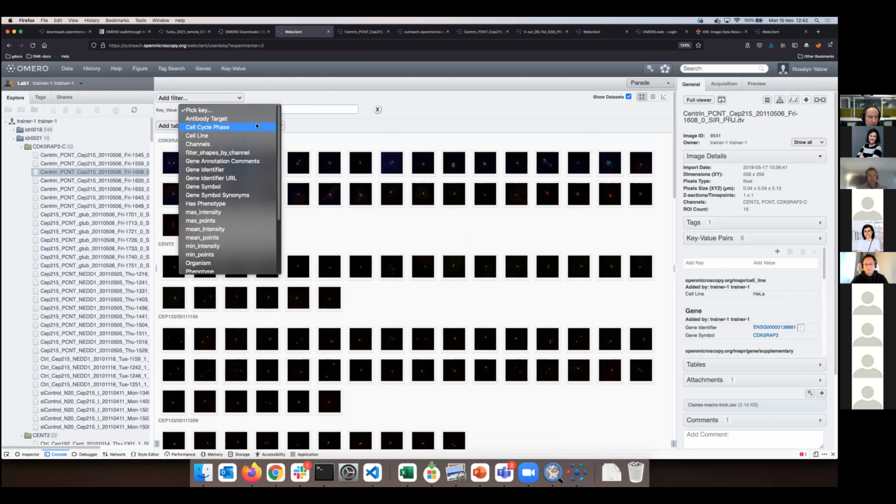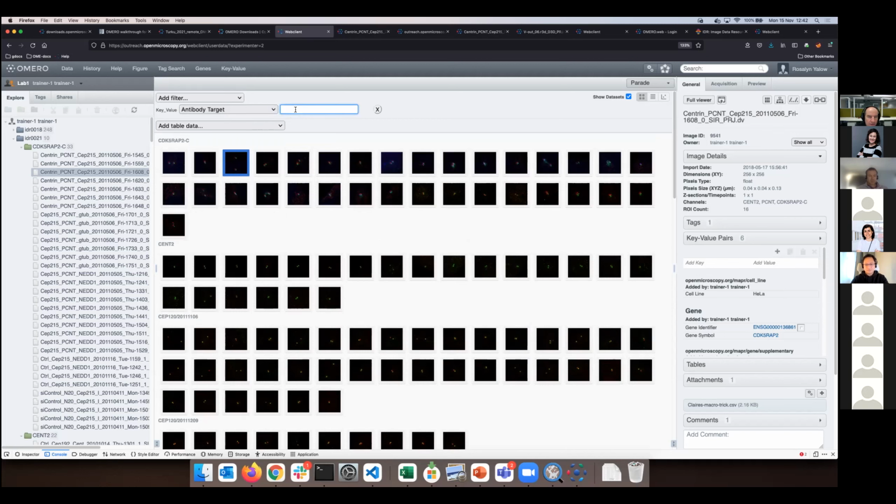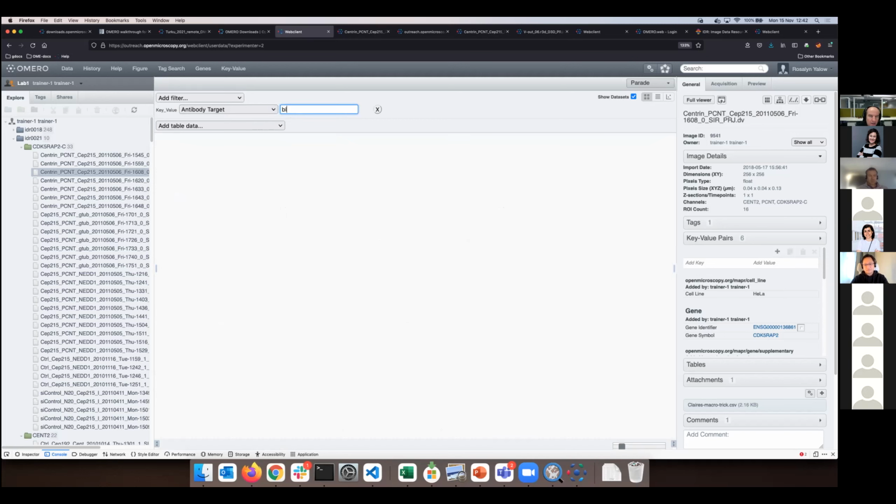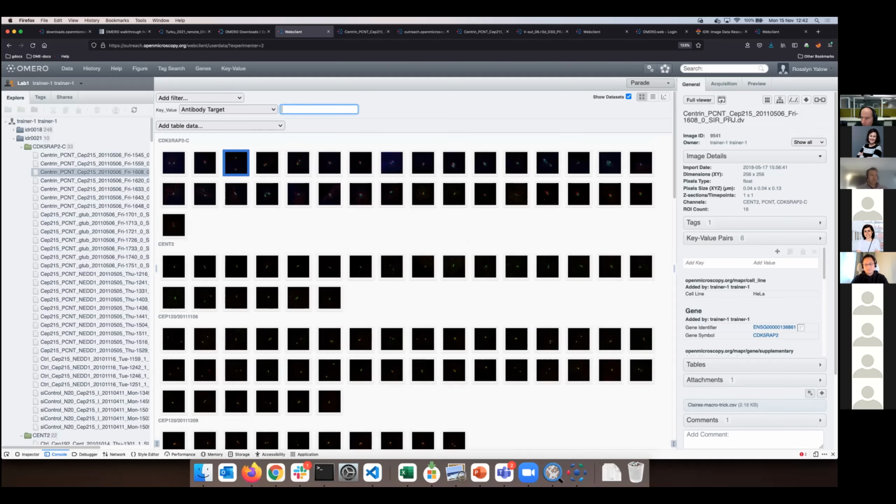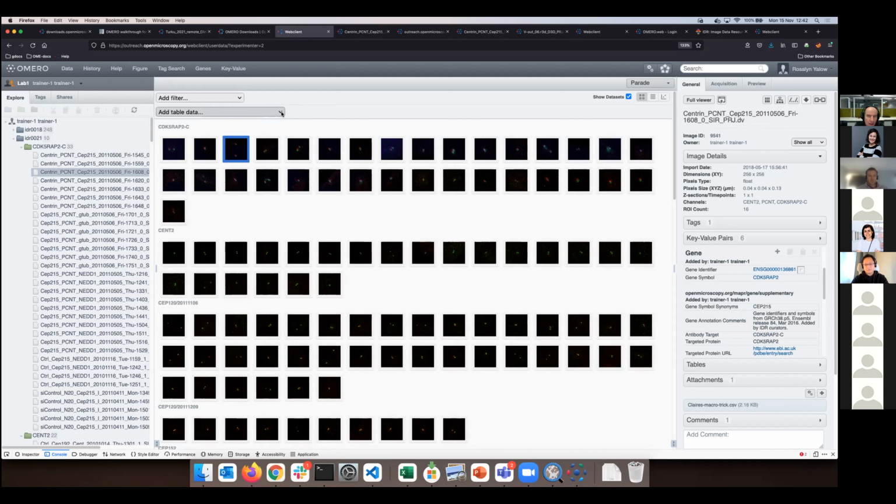Pick key, antibody target, blah, will filter everything out. I have to have some reasonable antibody target there, but you get the point here. Okay. Now I can add the table data